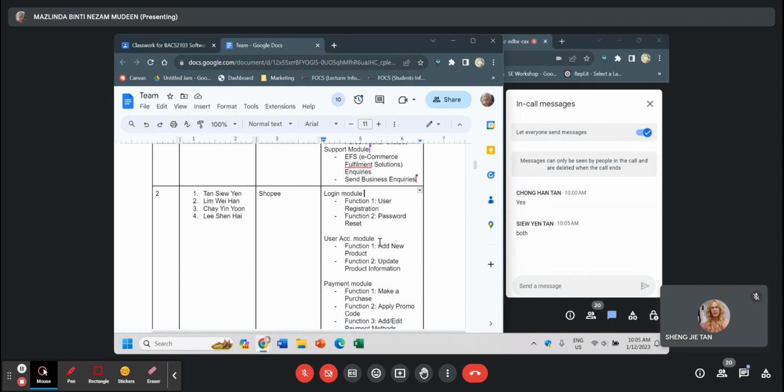For example, the product module or the add to cart, you don't have much input to give, because this is more UI functionality. In that case, you can select any module from the seller side, because sellers use more input data compared to buyers. Buyers just click add to cart, add the quantity, only that.